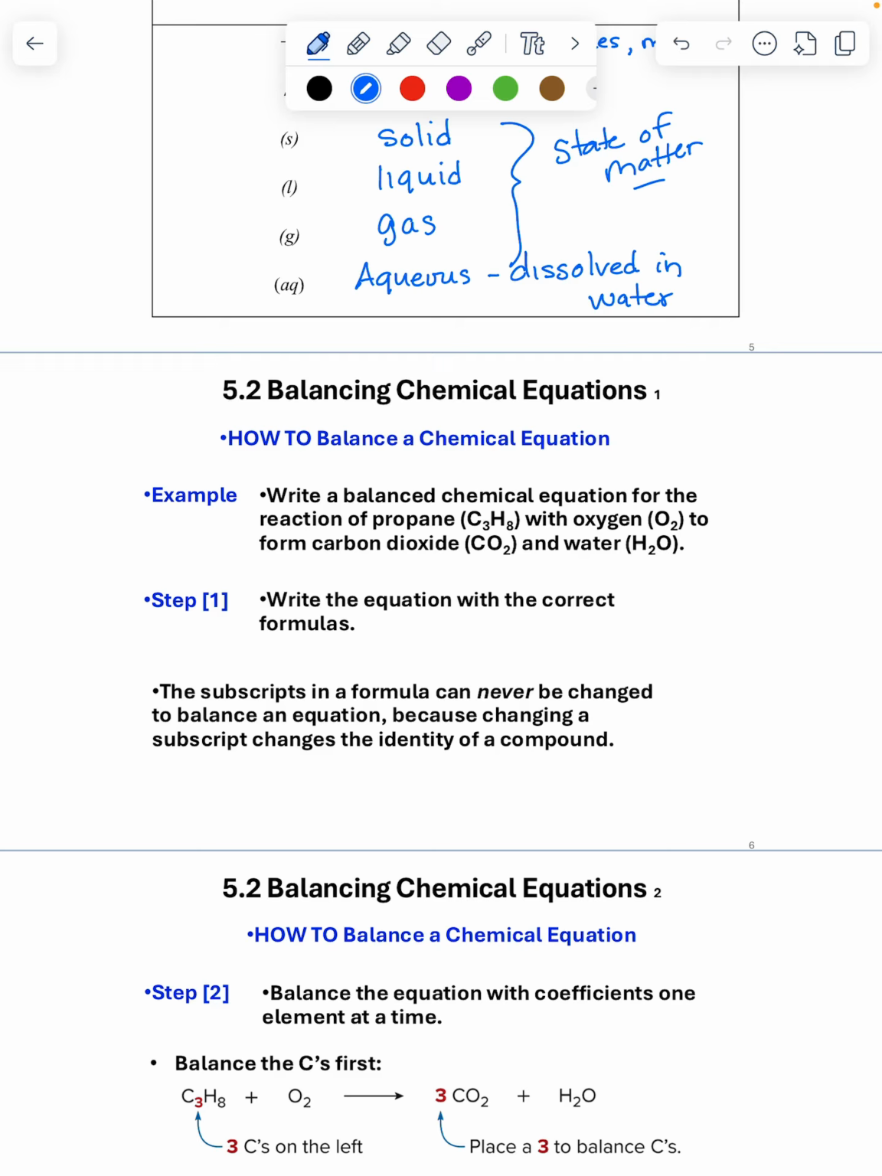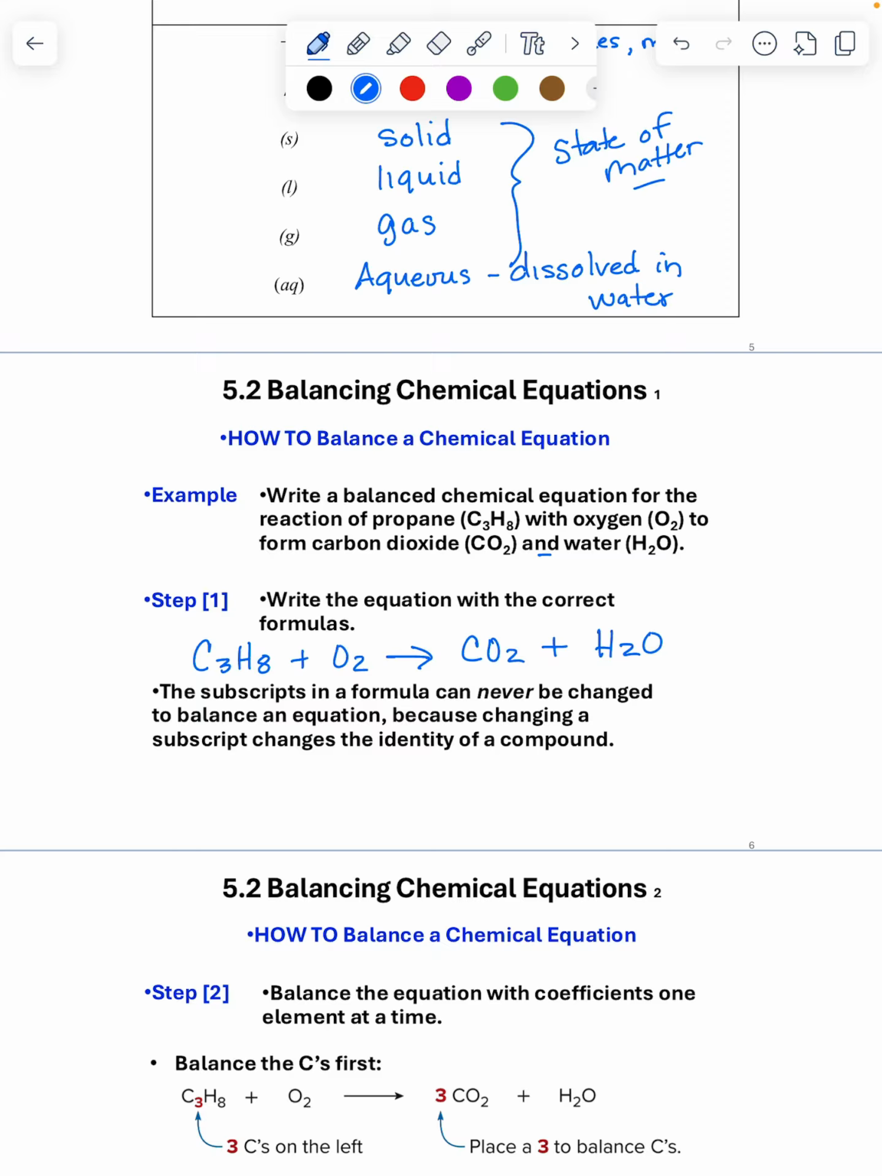And in this case, they gave me all of the correct formulas, so I'm simply going to copy them down. So C3H8 plus O2. When it says to form, I'm going to put the arrow, carbon dioxide, CO2. When it uses the word and, you put a plus sign, water. So it makes a note here saying that the subscripts in a formula can never be changed to balance